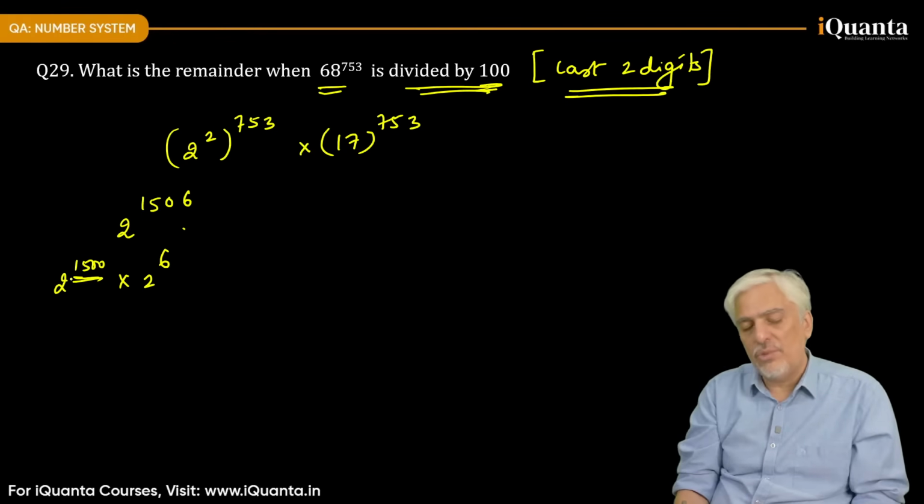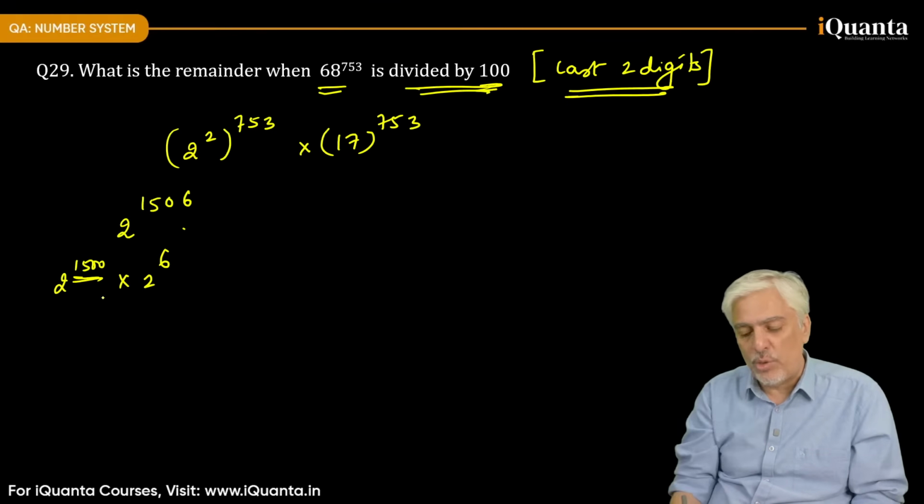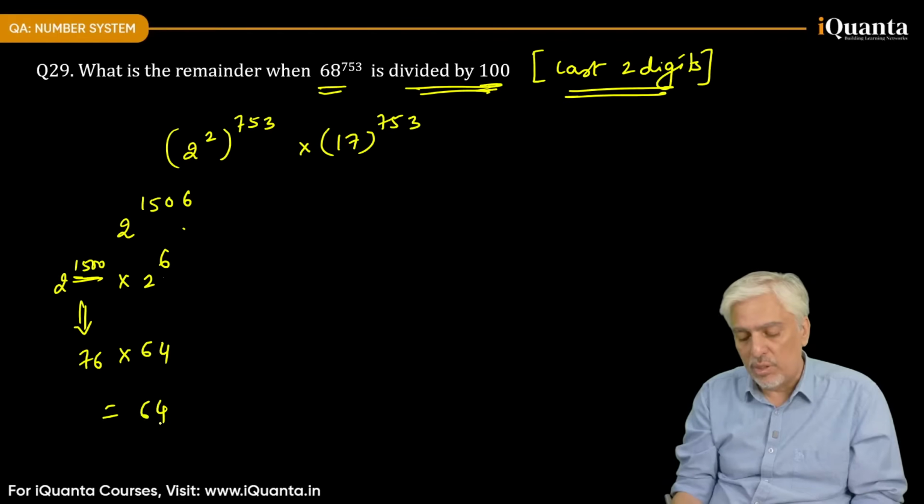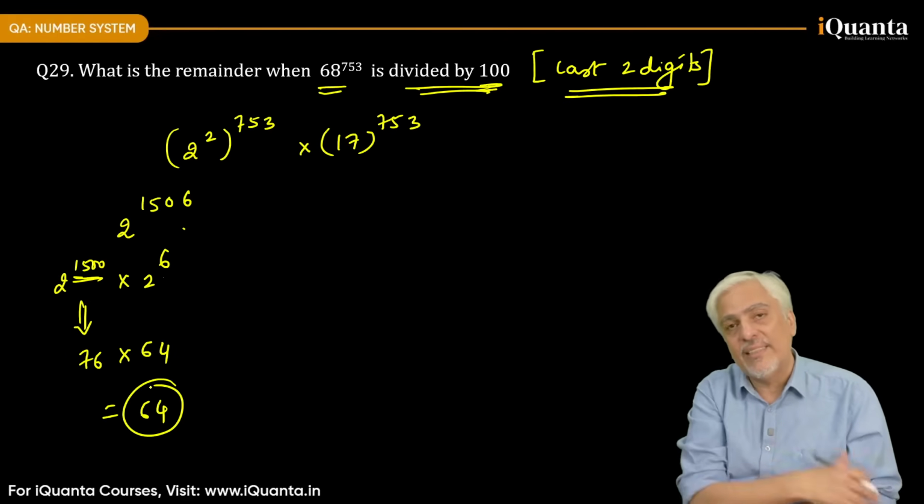This will be a 2 raised to 10 raised to 150, तो even number है, तो 76 आ जाएगा। 76 into 64 will end in 64. ये हमने पहले कर चुके, इसलिए याद है पीछे से।